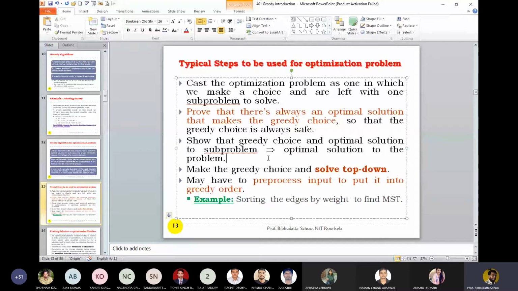You are given a graph with n vertices, let us say a complete graph with n(n minus 1)/2 edges, and you are making n minus 1 choices. You pick the edges randomly. Is the output a spanning tree? Are you getting me? You are making n minus 1 choices because you need n minus 1 edges to connect n vertices, and you did it randomly. Are you going to get a spanning tree?